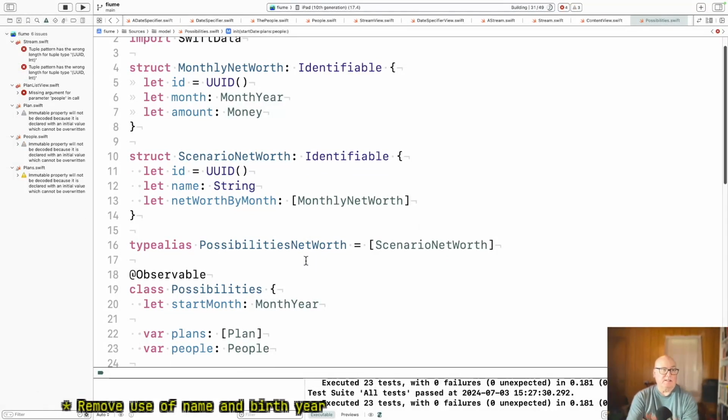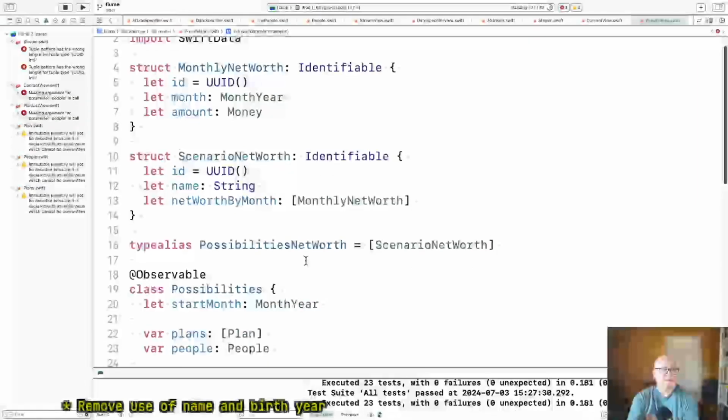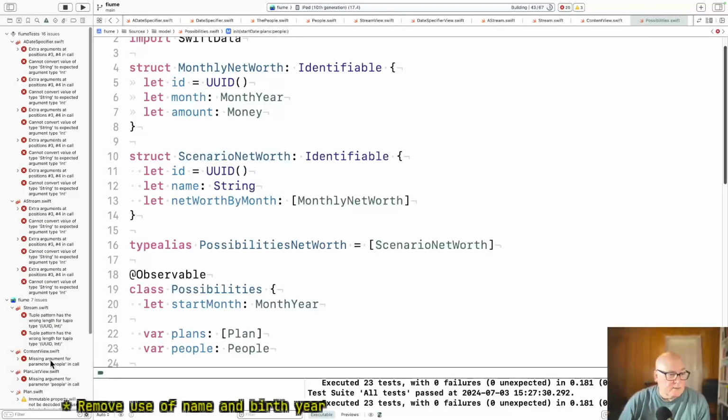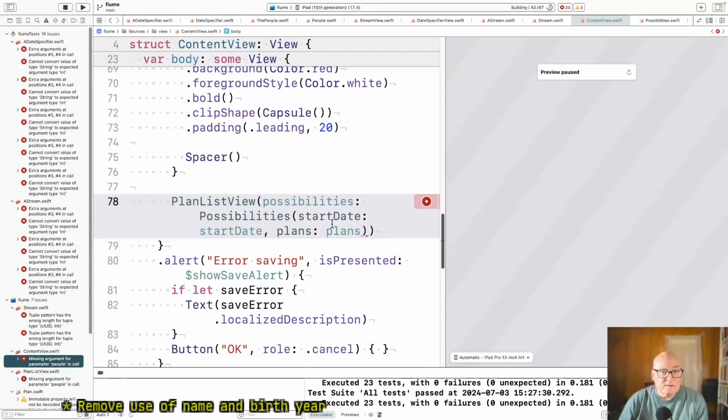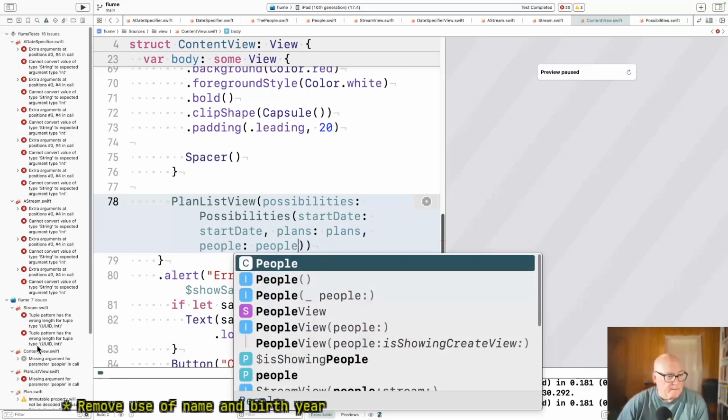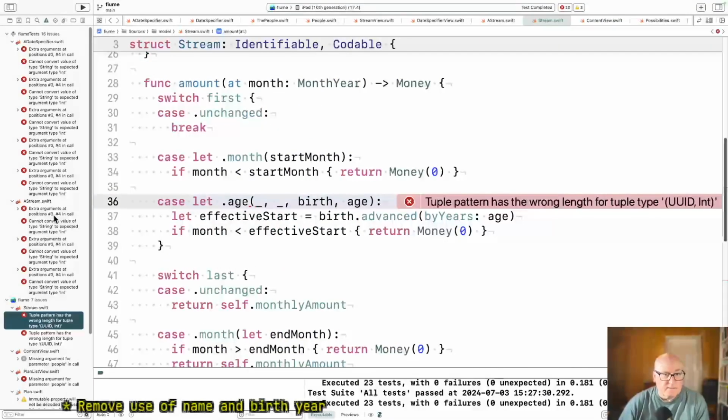Any test that creates a possibilities. Content view, missing argument parameter. Okay, that's true. Okay, and then stream, yeah.